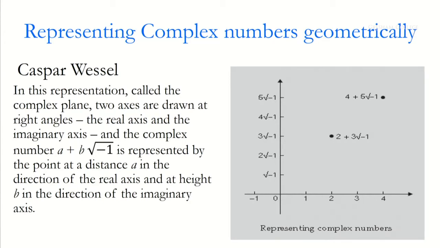you have a real axis going horizontally, an imaginary axis going vertically, and if you have a particular complex number, such as 4 plus 5i, 4 plus 5 times the square root of -1, it's represented by a point of 0 size, going 4 in this direction, the real part of it, and 5 up in the imaginary direction. Now, the advantage of this is that it allows us to represent complex numbers in another way